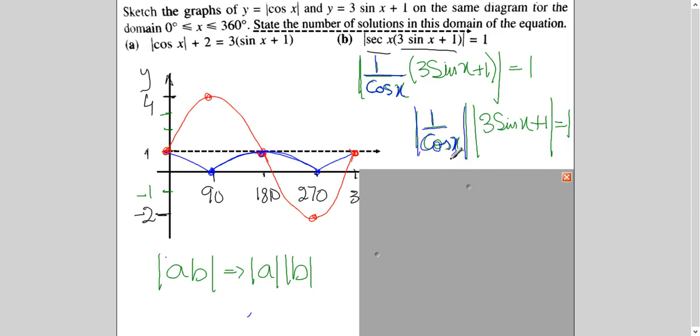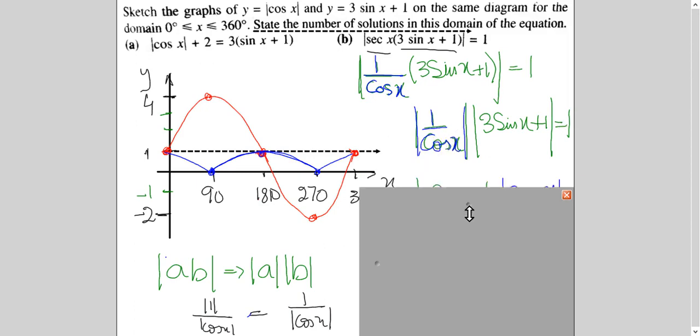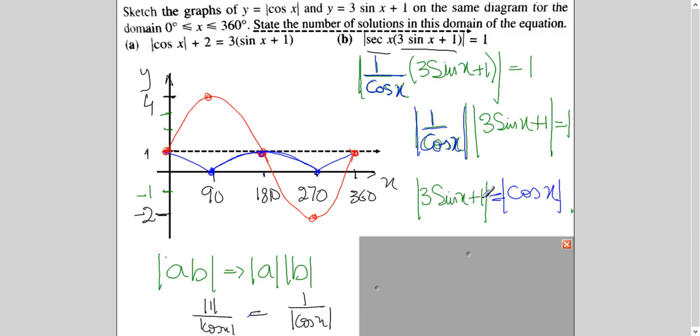Right? And now after that, just like algebra, because this is root carry, modulus 1, and this is modulus cos x, which is actually 1 over modulus of cos x, right? So here I have 1 over modulus of cos x, and if I cross multiply, then it will become modulus of 3 sin x plus 1 is equal to modulus of cos x. Now this sketch, blue, is already here, which we have done earlier. But this we have not done. We have done this without modulus.